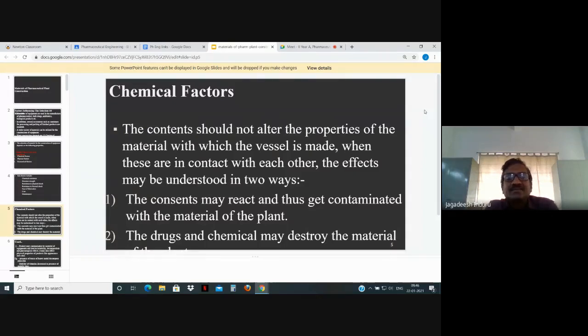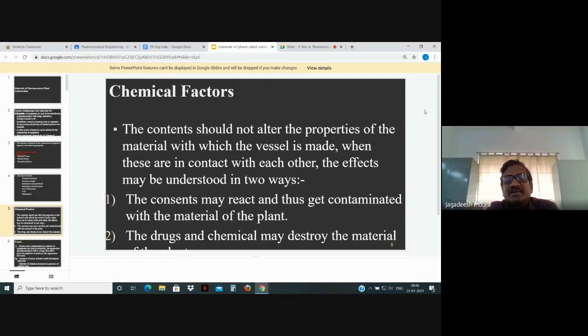So the contents may react, and thus they get contaminated with the material of the plant. The drugs and chemicals may destroy the material. In the dual course, we need to consider the chemical factors. One is that the product we are manufacturing should not damage the equipment, and the equipment should not damage your product by creating a contamination. Say for example, if you are using a very active metal in a corrosion prone material in the reaction mixture or your size reduction, the material of construction like iron enters as a degradation product into your